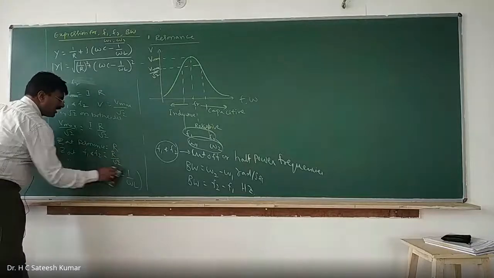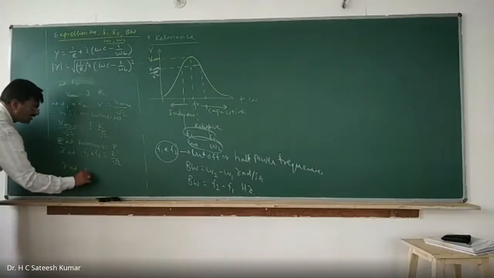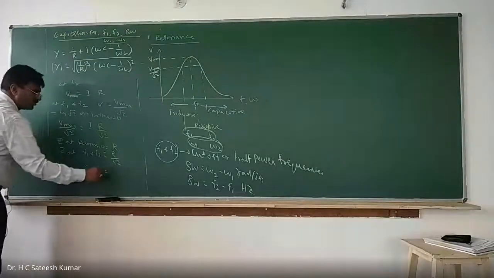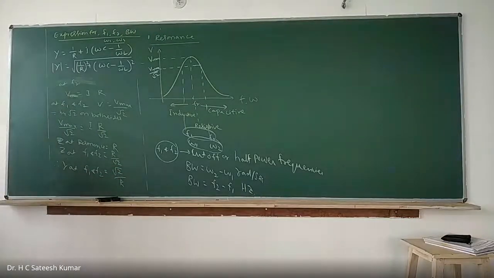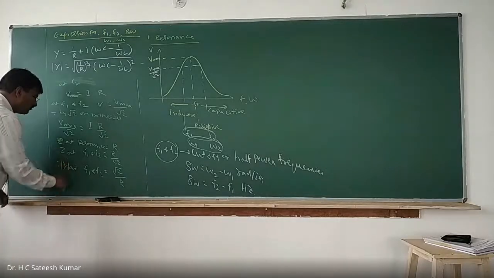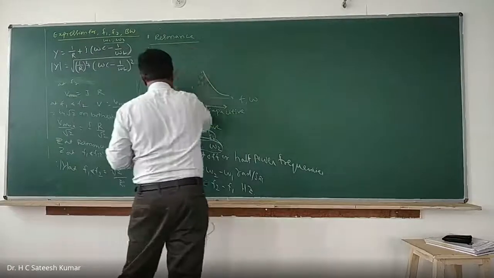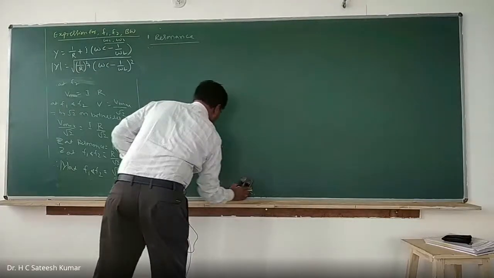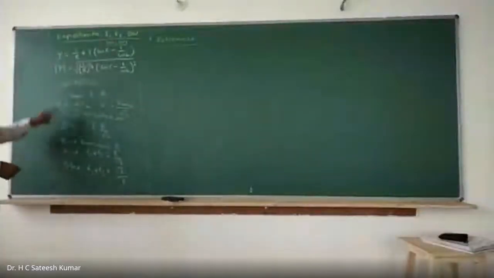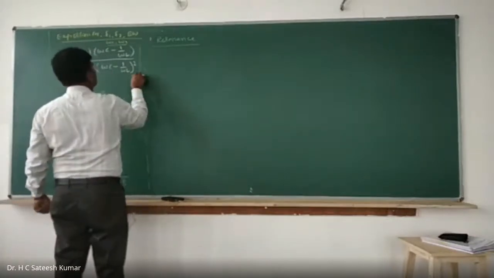Therefore, admittance at resonance, Y at F1 and F2, is equal to root 2 by R. So therefore, what is Y? The magnitude of Y at resonance is root 2 by R. Therefore, we can say that the magnitude of Y is equal to root 2 by R. Substitute in 1.